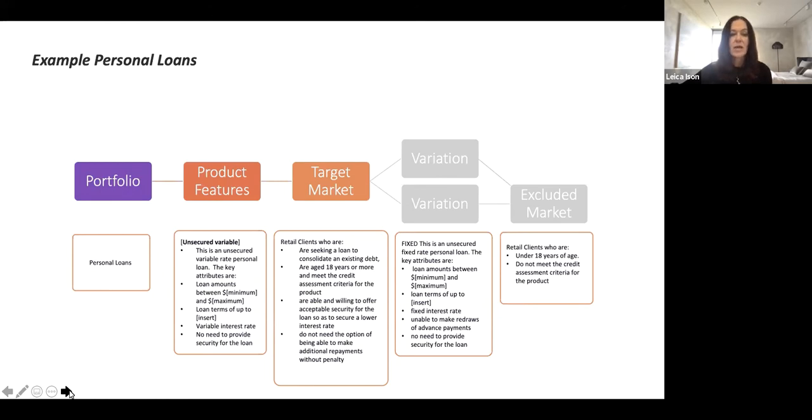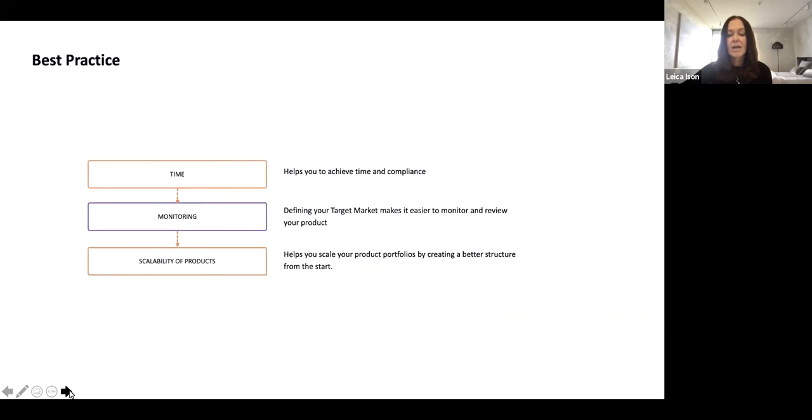So that's a good example. We're seeing with this hierarchy, just spending some time on that hierarchy up front, mapping out from that portfolio down to those variations, and getting clear definitions in your team as to how you're going to categorize each of those areas. What we're seeing is that's saving product teams a lot of time as they go through the review and approval of the target market determinations with their legal teams. And it also makes it easier to work across your product teams to fill them out and complete them.